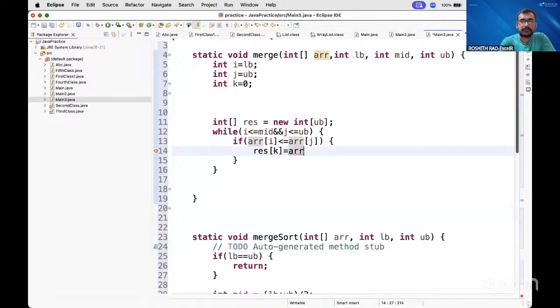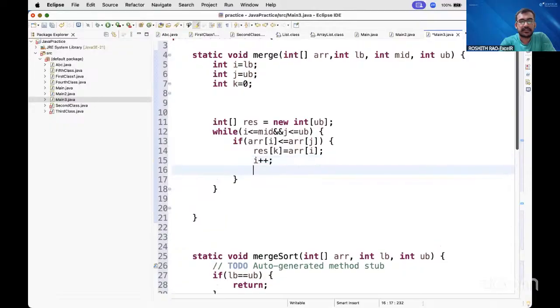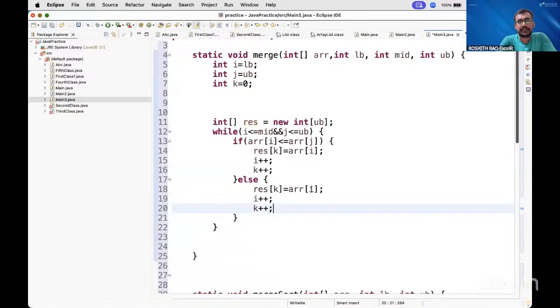Array of I, and then k plus plus. No, no, I plus plus, then k plus plus. Okay, then the same thing you'll be doing again. If else, what you'll be doing, you will do the same thing here also. The result of k is equal to array of j and then j plus plus, k plus